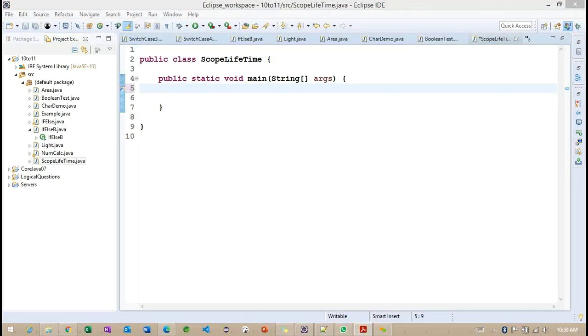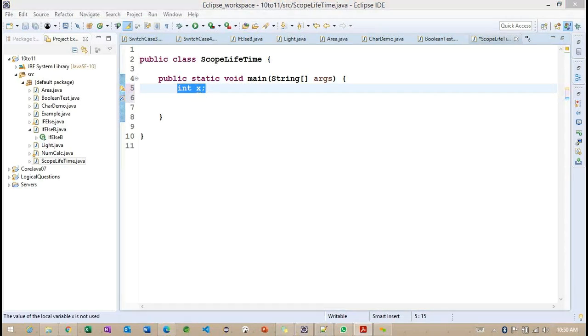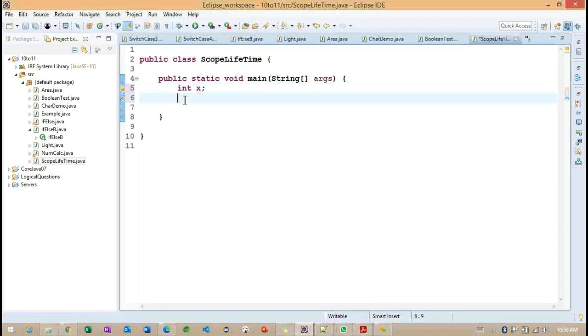So what is the data type I am going to define? Something called X here. So int X, this is the declaration section. As of now, you are not going to understand exactly what this declaration section is, but when we discuss class related information, you will get more information on why I provide this declaration.